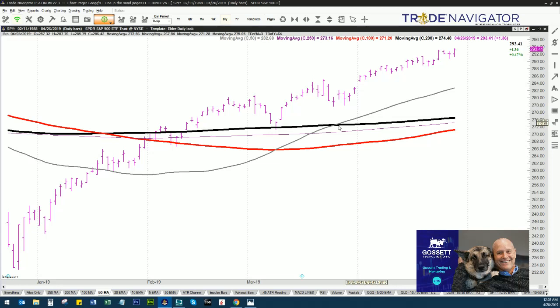They look at the 200 because, as we talked about before, it's the last line in the sand that says whether I'm in a bull market or a bear market, determined by a lot of people by whether it's above or below the 200-day moving average. Now, the 50-day is not the be-all, end-all moving average, but when you have a nice uptrend,